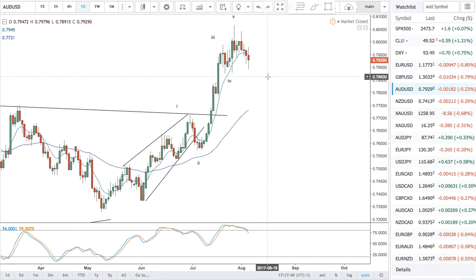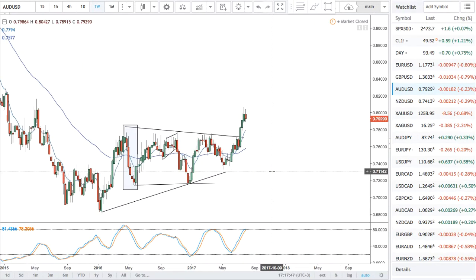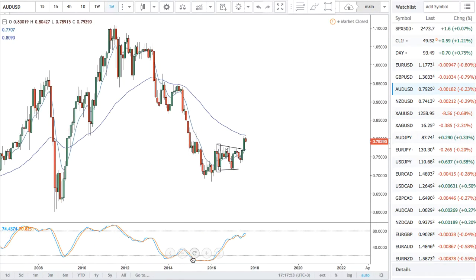But I'm looking at more of a correction still in this. That's my preferred view, and I do feel it is open to topping out here, but I do feel that we are still going to see more upside. I think the monthly